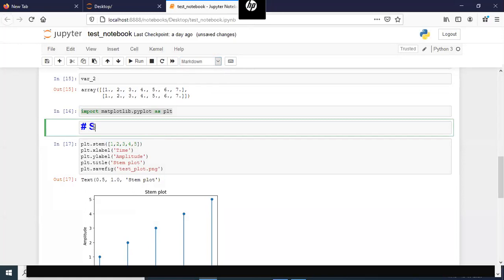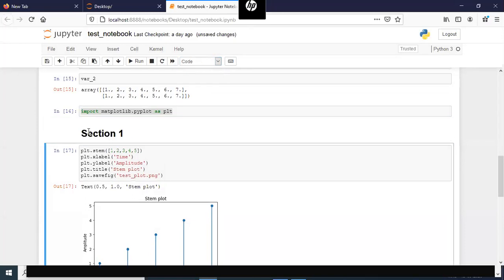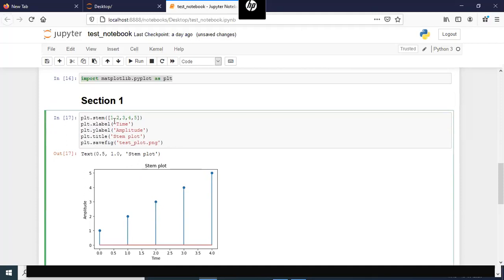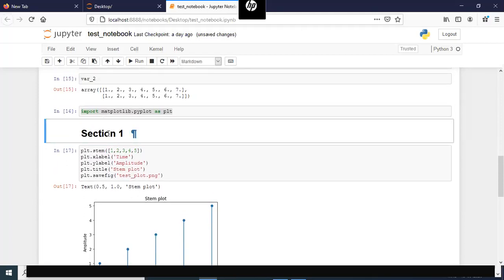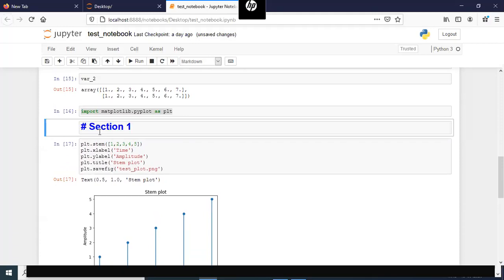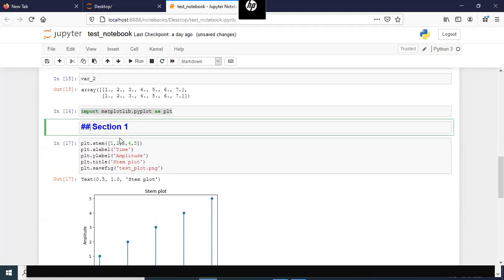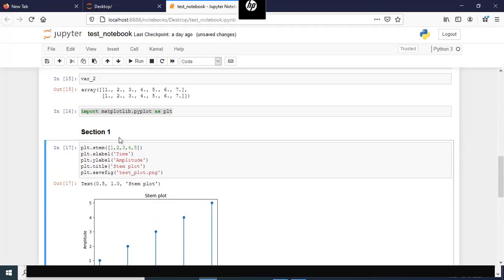So let's say Section 1, and you press Shift Enter, then it just appears in this form. It marks the beginning of this new section. You can also edit it by double clicking on that cell again. If you put a couple more hashes, then the size goes on reducing, so it becomes more of a subheading.